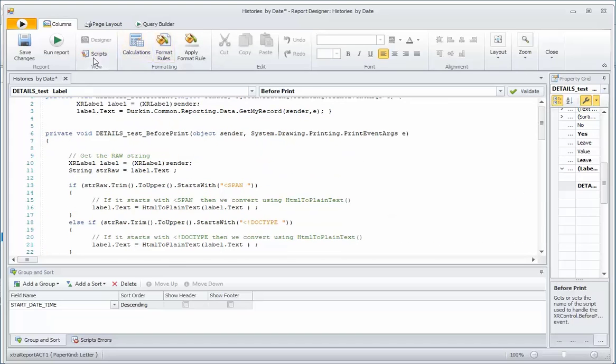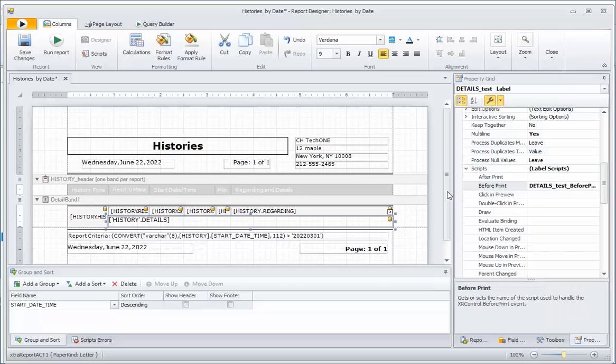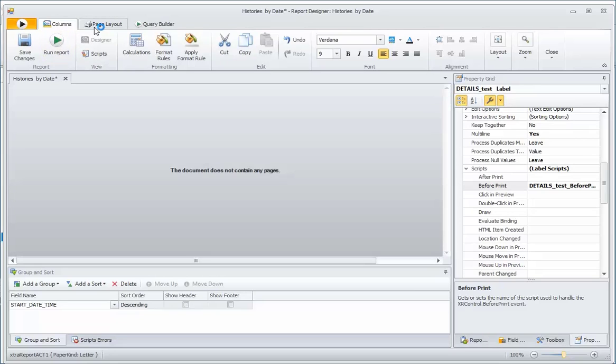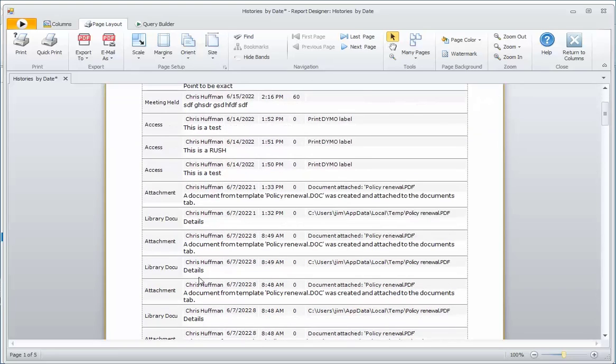And let's go back to the designer. I click on script and go to the designer. We're now back where we were. Let's just make this a little bit bigger, and let's go preview it. So I'll go page layout. Ta-da! Now you can see all the formatting is removed. So remember this large font was 24 points. Well, it's not. It's now set to no formatting. And that happens with all of the